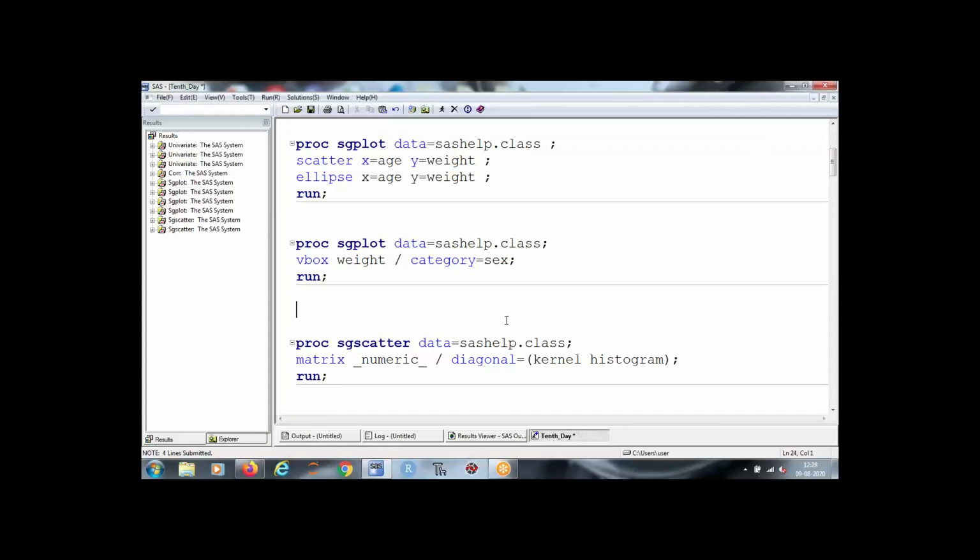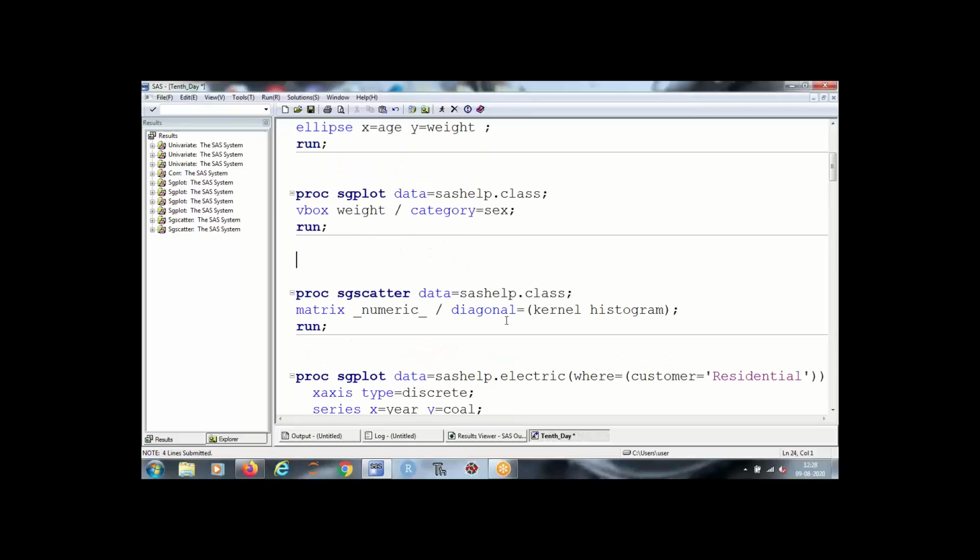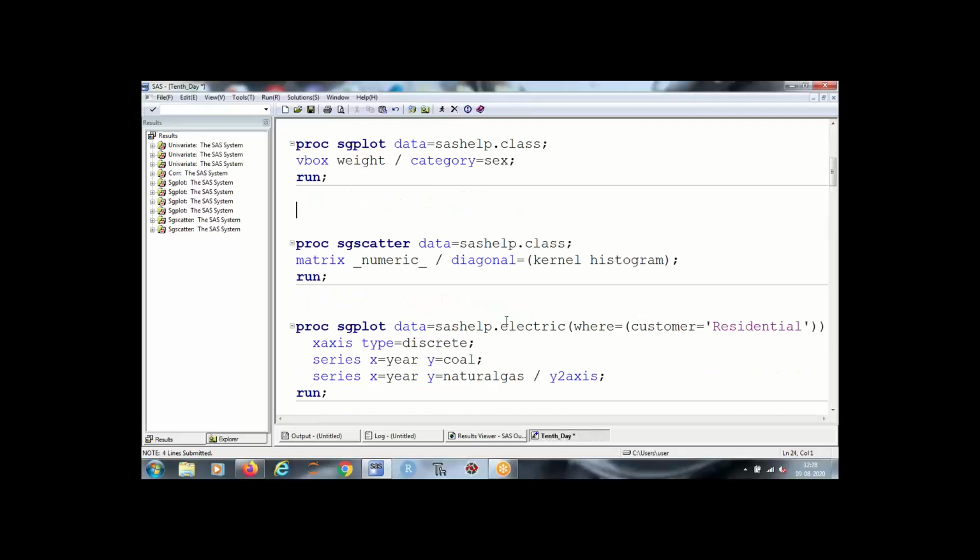Okay. Next is your XY graph. So this is a little tricky.